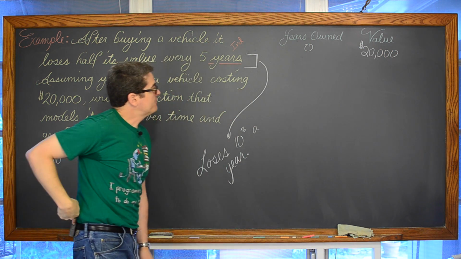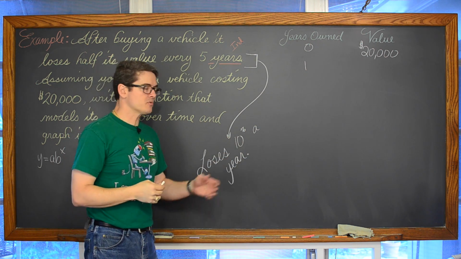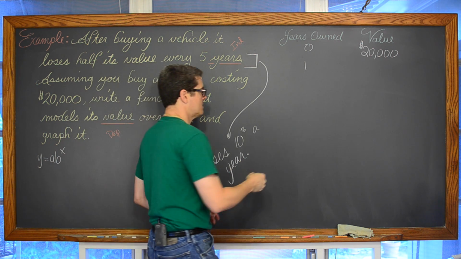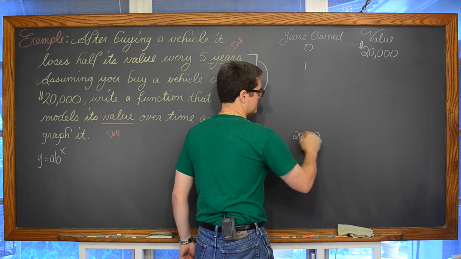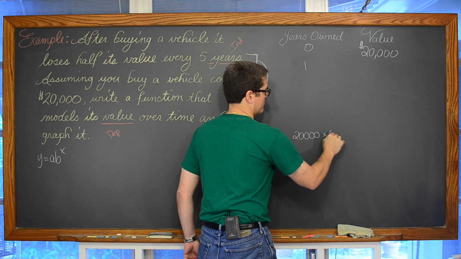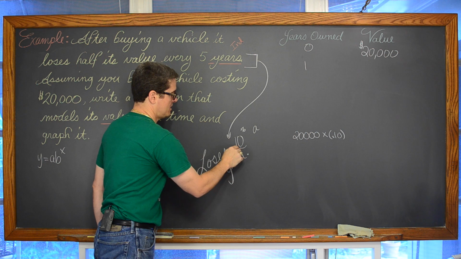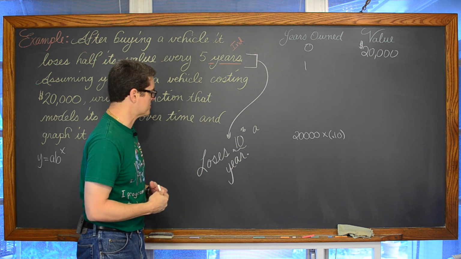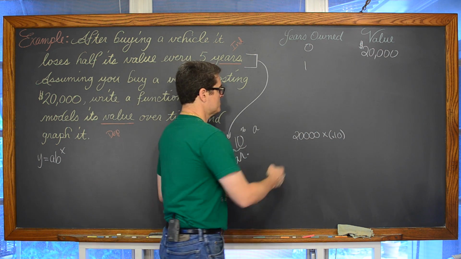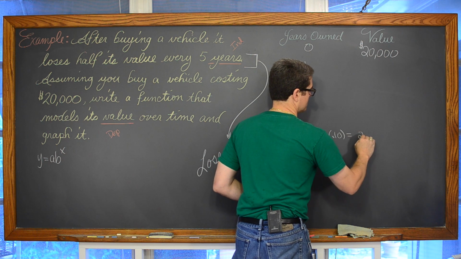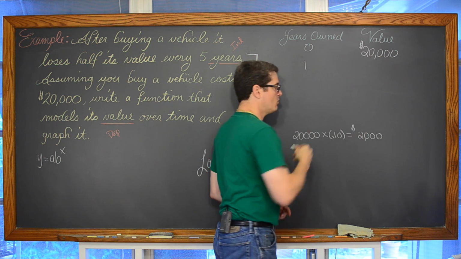Okay, great. If I owned it 1 year, then it's lost 10% of its value. So that means that it was $20,000, and we're going to take that $20,000 and multiply it by 0.10. I found that by, this is a percentage, and we don't normally like to work with percents in percent form unless we're doing that part over whole is equal to percent over 100 formula. So I'm going to move that decimal back 2 places and make it 0.10. And so 20,000 times 0.10 is going to be $2,000. So in that first year, we've lost $2,000.